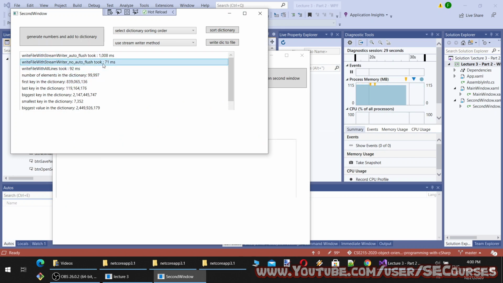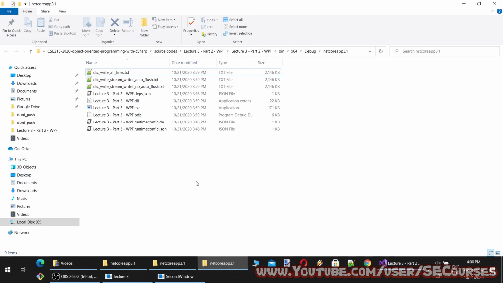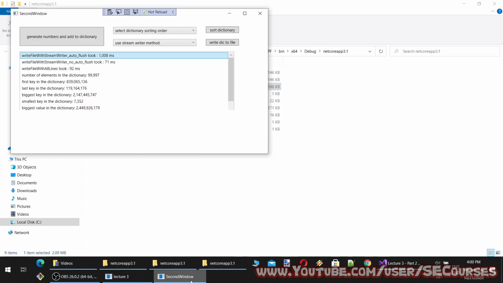You see, with no auto flush, it takes about 71 milliseconds, and with auto flush, it takes about 1000 milliseconds. And let's try with the string builder method.